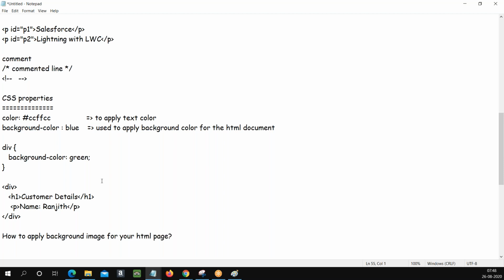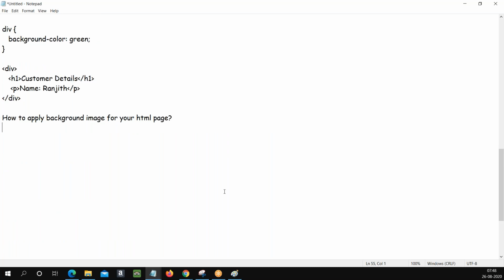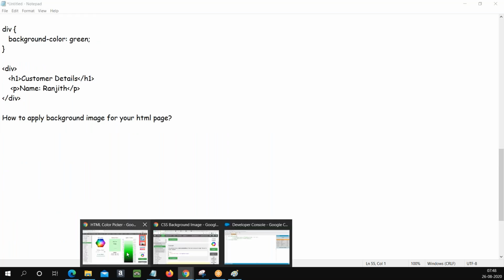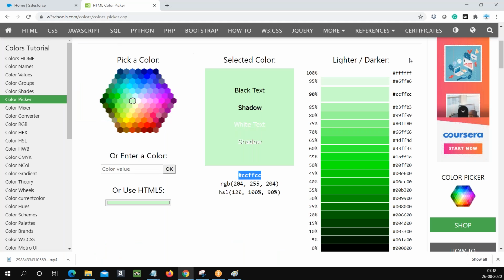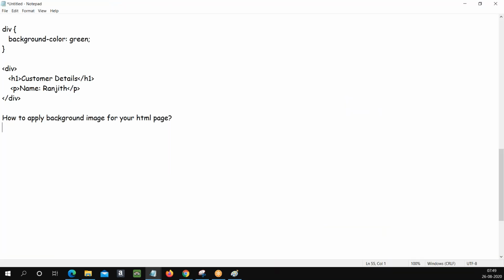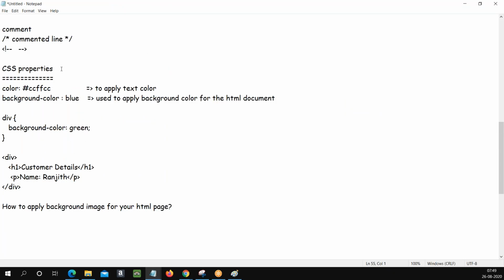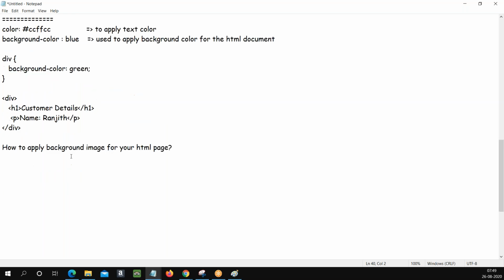I'd like to apply a background image for my HTML page. So I'd like to bring my logo into my entire page background, right? Now it's a plain background, but I'd like to have an image that needs to cover the entire page. Then what is the CSS property I can use to apply an image instead of a background color? I would like to go for image, right? So background